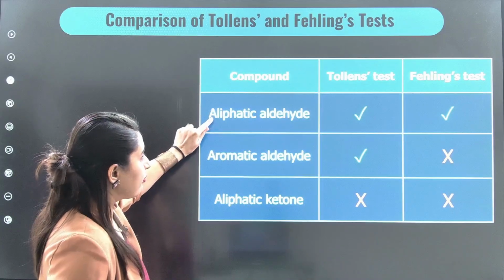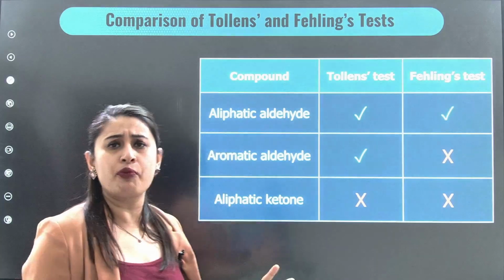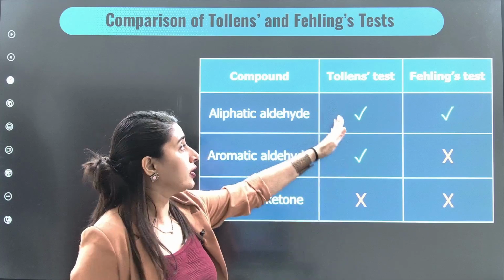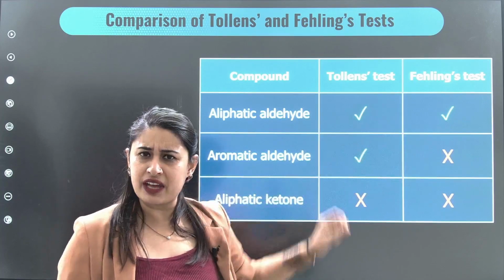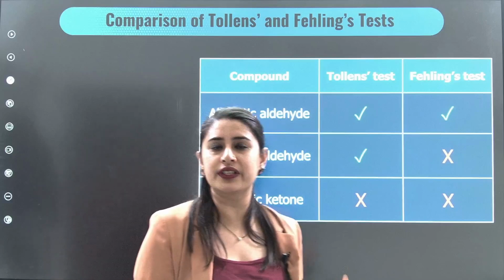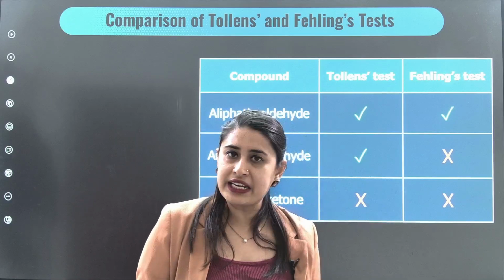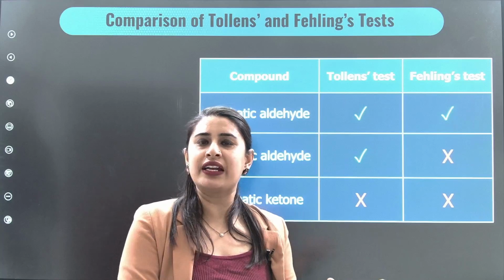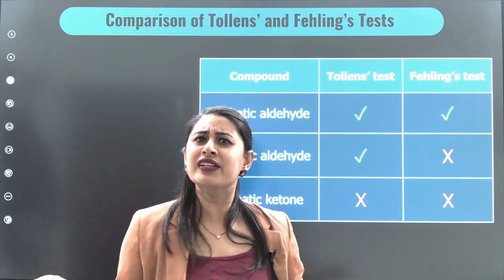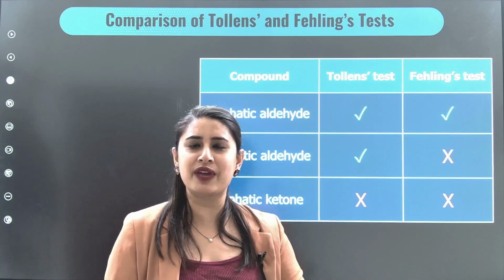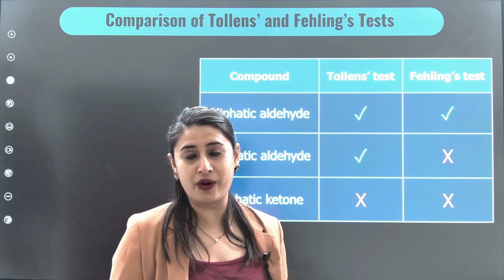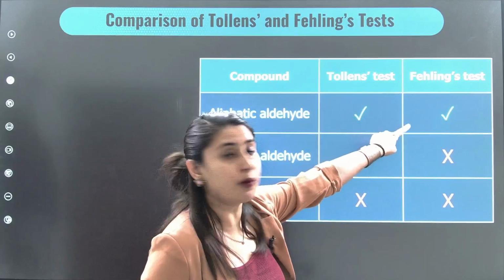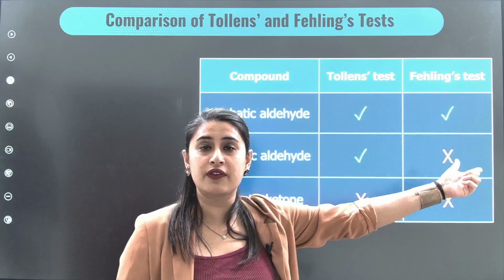If you have an aliphatic aldehyde, very, very important from the practical organic chemistry questions, both Tollens and Fehling's will give a positive test. And whenever I'm saying Fehling's is giving a positive test for something, then the Benedict test will also give a positive test, because Fehling's and Benedict are like brothers or sisters, if you want to say, but because they are based on the names of male scientists, I'm calling them brothers. So if Fehling's is giving a positive test, Benedict is also giving a positive test.